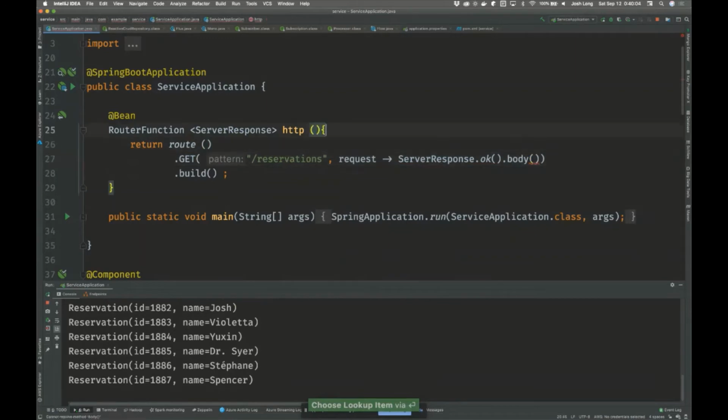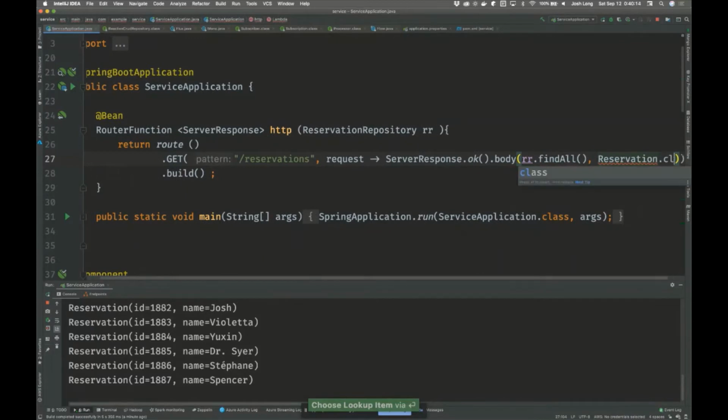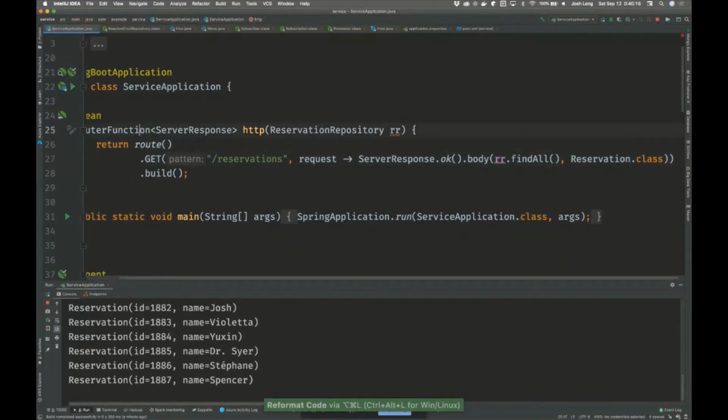All right, and what I'm going to do is inject my reservation repository there. rr.findAll, reservation class. Okay. So there's my reactive stream.